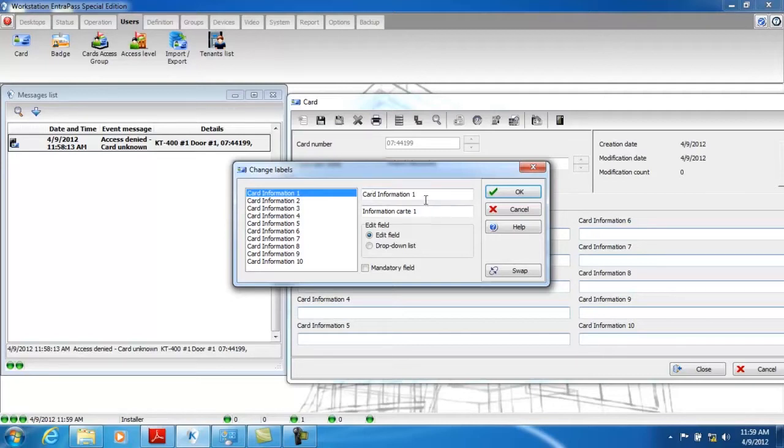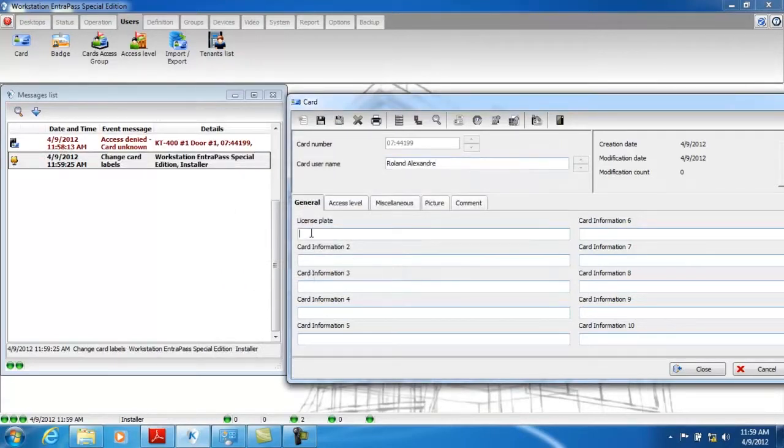So for the English side, for Card Information 1, we can set this to license plate. And then click OK. Once we get that, we can enter the license plate